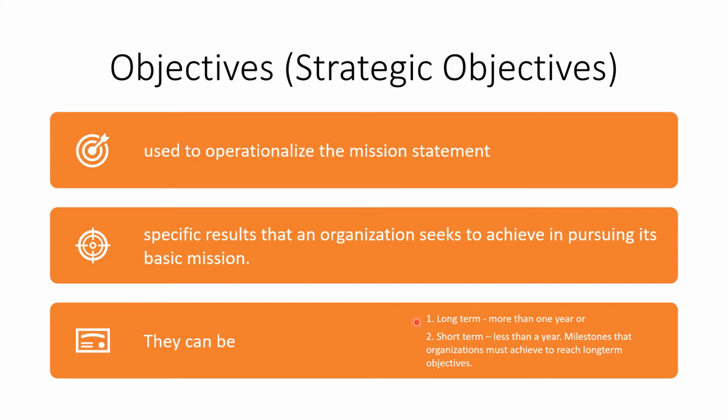Why? It defeats the purpose. Objectives should be short-term para there is a gradual achievement. There is a gradual step of the company in achieving their mission and then their vision. These are, again, milestones. These are small steps of the business in order to achieve their mission and then ultimately their vision.